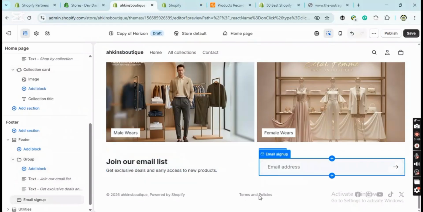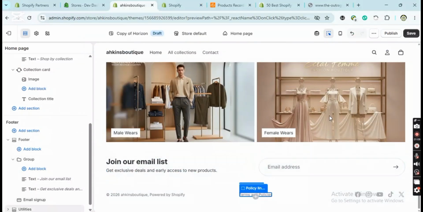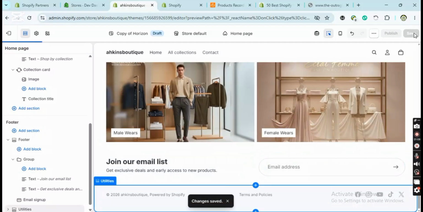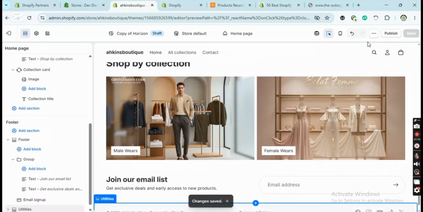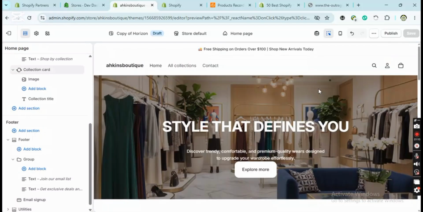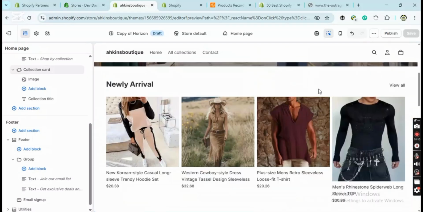Alright, so right about now, these are the newsletter and these are the footer. So we'll be doing that some other time, making sure they look professional. So let's head back to change our